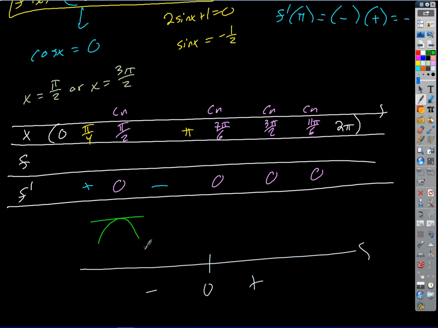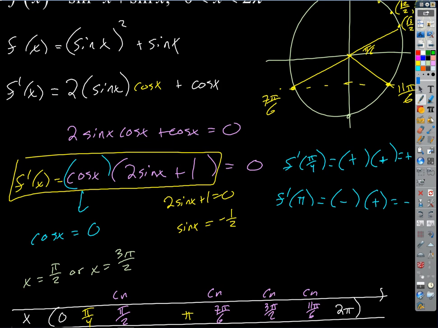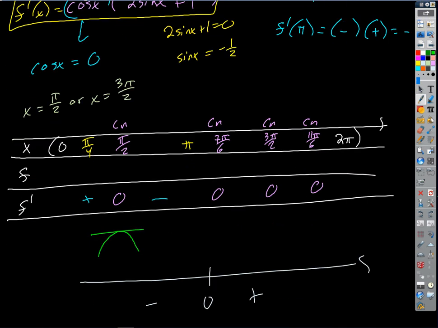We've already got one of the test points, because we can reuse this test point. It's already the left test point for our next critical number, so we've got to pick a value between 7/6 pi and 3/2 pi. So how about 5/4 pi, right? That'd be on our unit circle, that would be the one right there. That'd be a convenient one to use, right? And you don't have to. You can pick a different one. So at 5/4 pi, what are we going to get? F prime of 5/4 pi